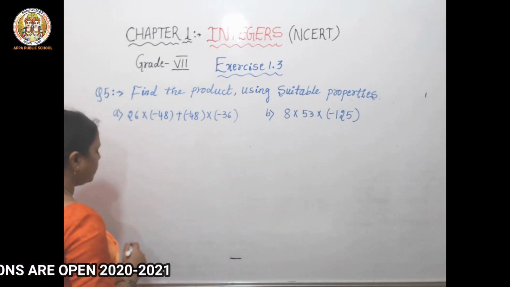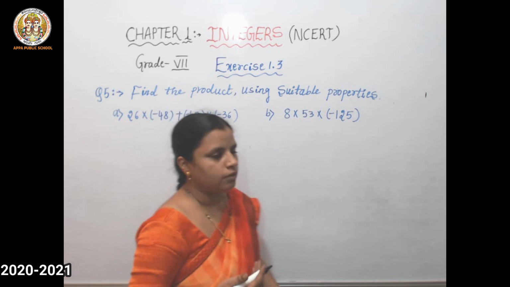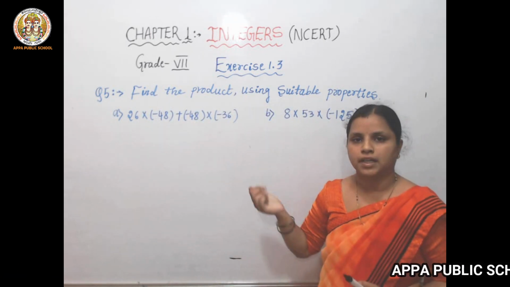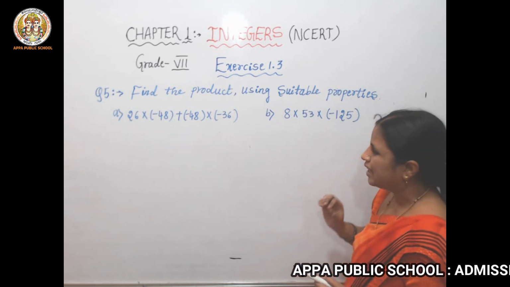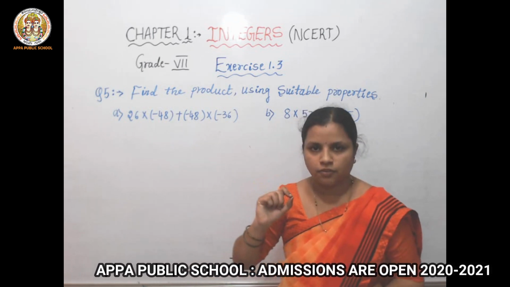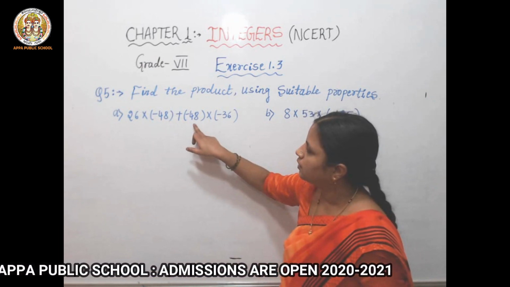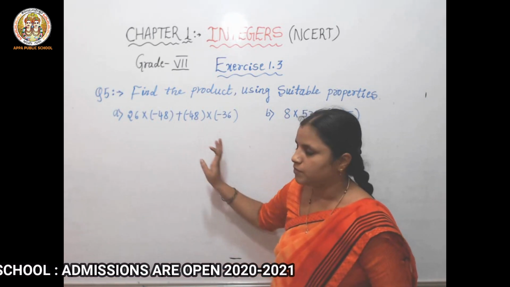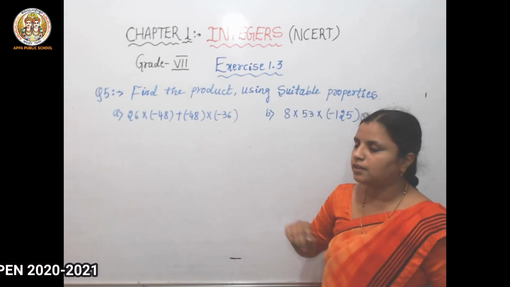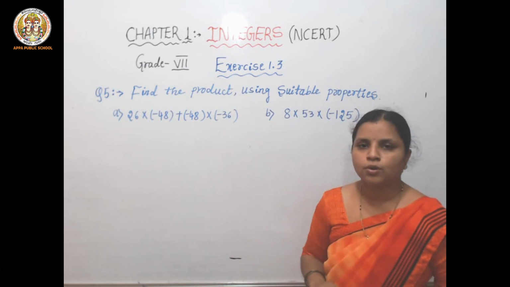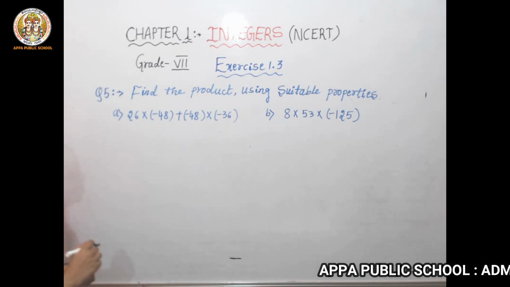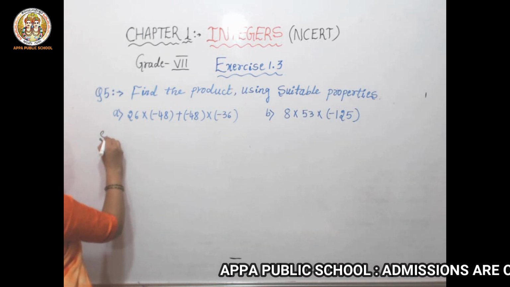See the first one. Then how to judge which property we have to use for a particular problem? If there is a common term in both the terms, at that time we use the distributive property; otherwise we use associative. Why distributive property? As you know the distributive property, see the solution A.